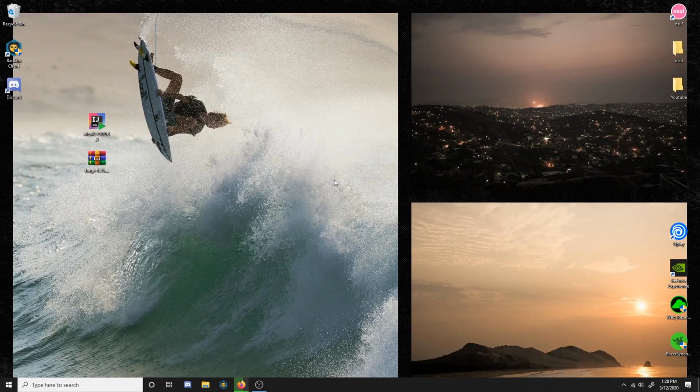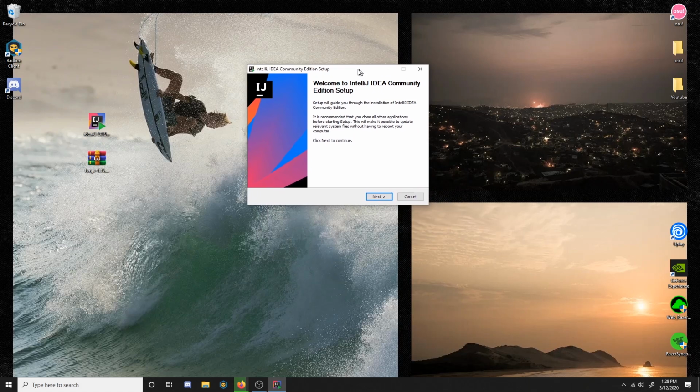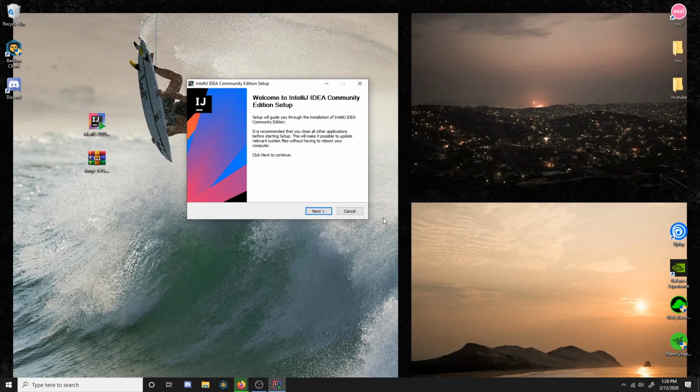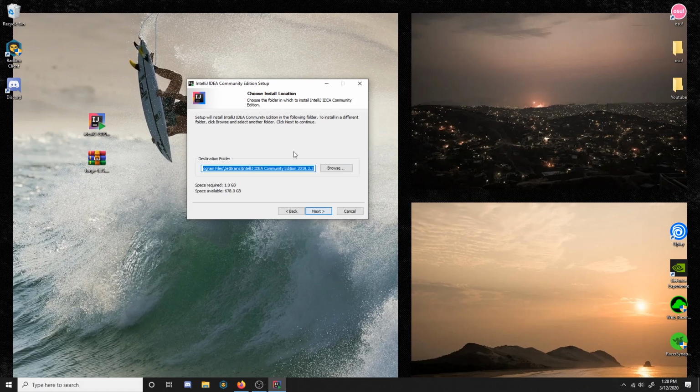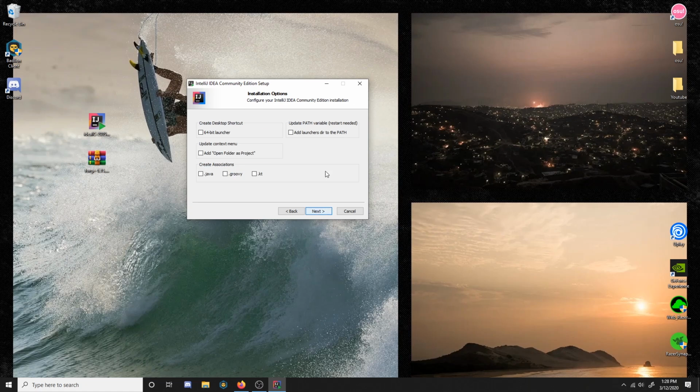This should take a little bit longer than Java, unfortunately. You might not have seen that, but that was just an administrator permissions pop-up. Always hit yes to those for this tutorial. So it says welcome to the setup, hit next. You can leave this destination folder as it is, next. You can choose whatever you'd like here. In my case, I'm going to add launchers